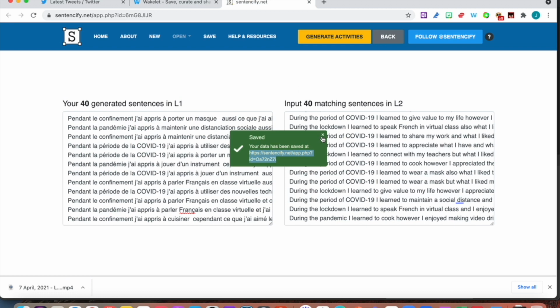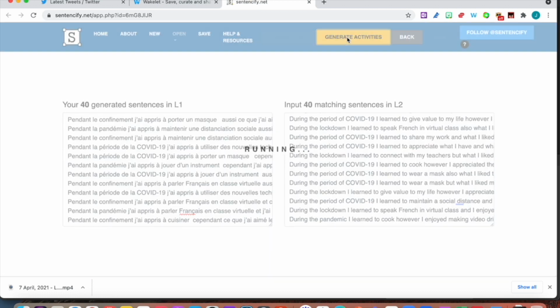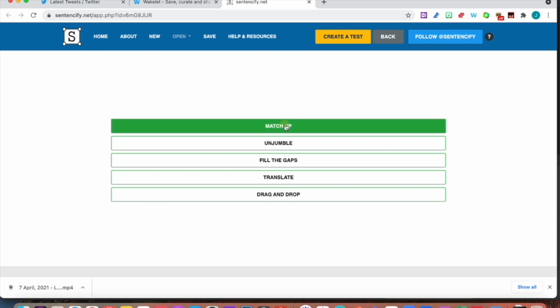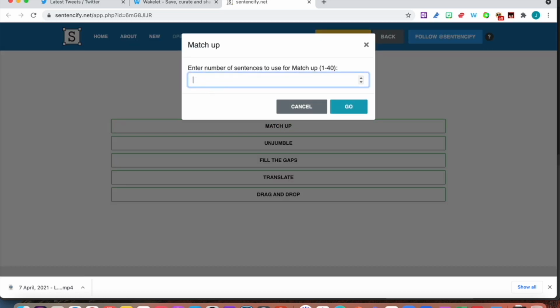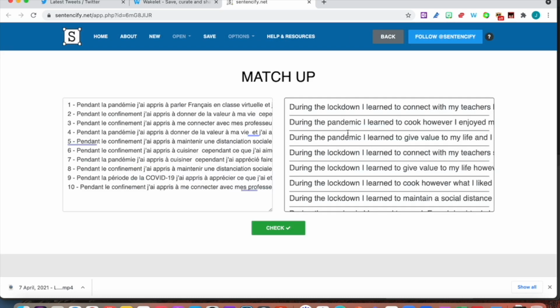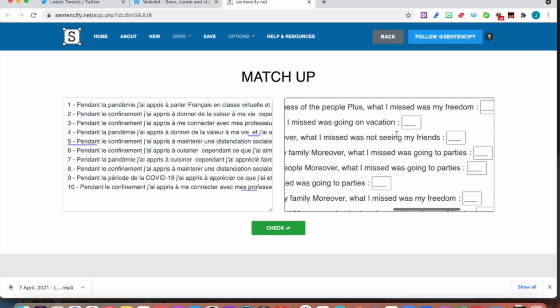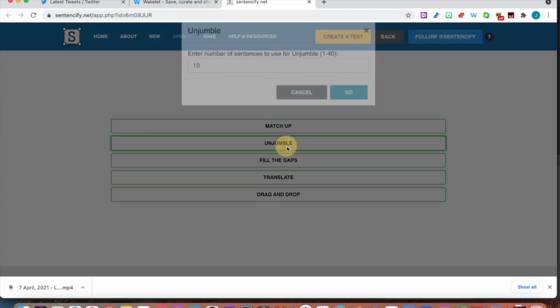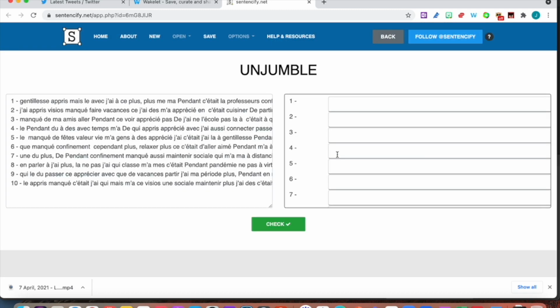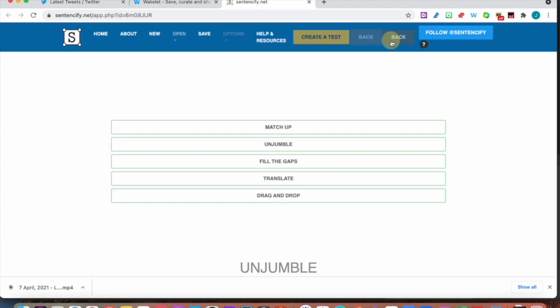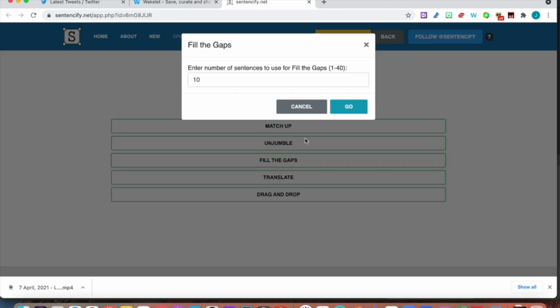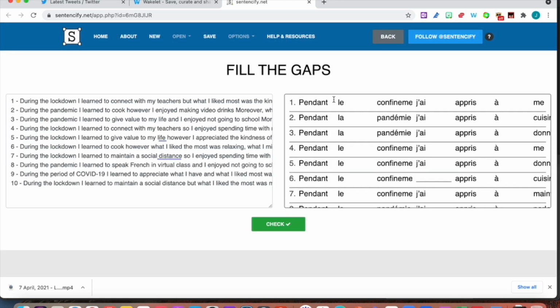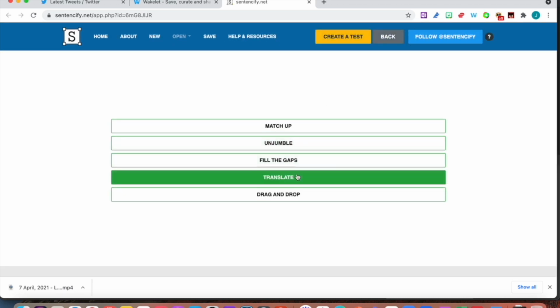So now I can generate my activities. So you will see that I've got match up. I don't need to have 40, obviously I can have 10, much easier. Match up is pretty good. So you have your sentences on the left, then you have to actually write the number on the right hand side. Then you have unjumble, same thing. Obviously it's all jumbled up, you have to write the sentence there, it can be checked after, back, fill the gaps,